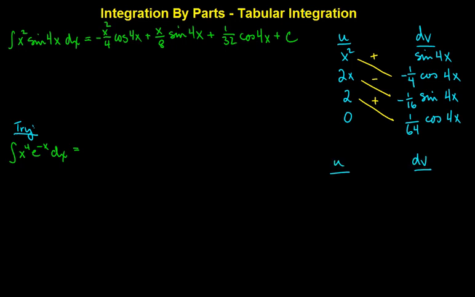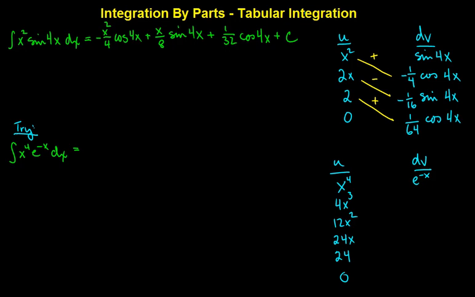Okay, so this is how it works. We set up a column for the u and a column for the dv. U is going to be x to the 4th. And we'll repeatedly differentiate that: 4x to the 3rd, 12x squared, 24x, 24, and finally 0. And you can imagine if we were doing the repeated integration by parts the long way, this would take quite a bit of time. Now our dv is e to the negative x dx,